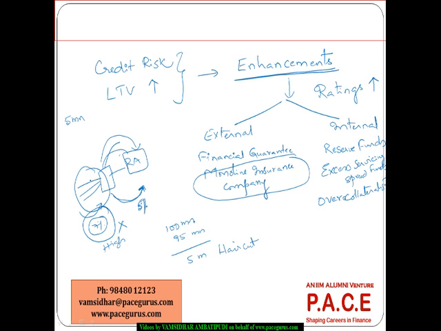So the over collateralization helps to a large extent. It will increase the creditworthiness of the ABS, and it will definitely improve the ratings of the ABS. And along with that, there could be a senior subordinated kind of structure. Instead of treating all the investors in the same way, the senior subordinated structure.